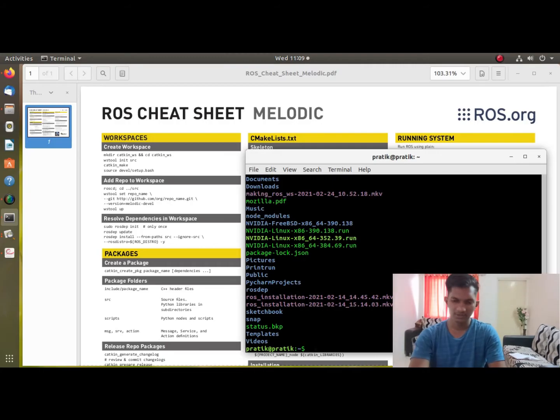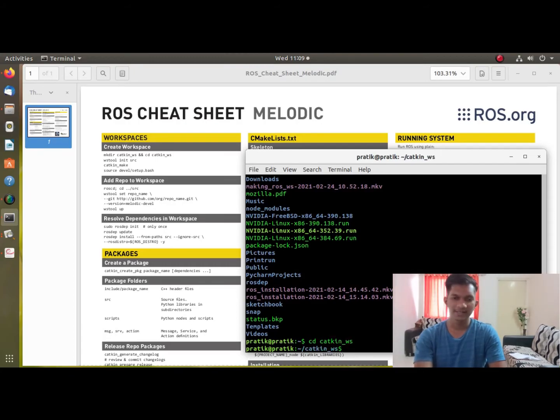Now let's go into the catkin directory. So we are in the catkin directory. Now what do we have to make? We have to make our source folder: cd, then mkdir src.